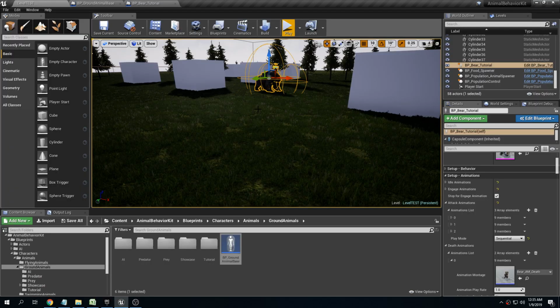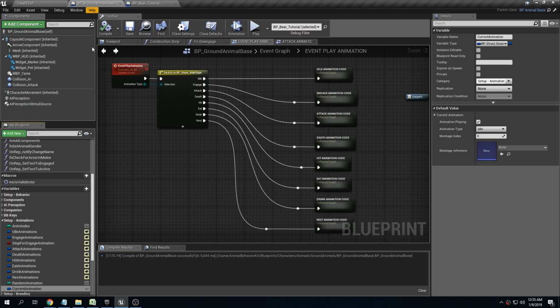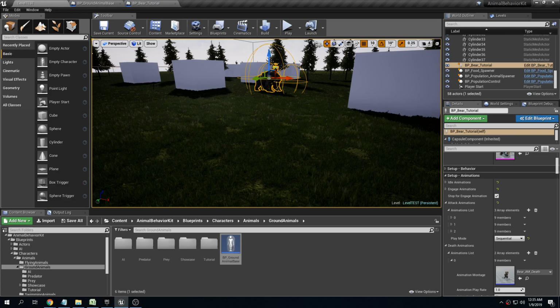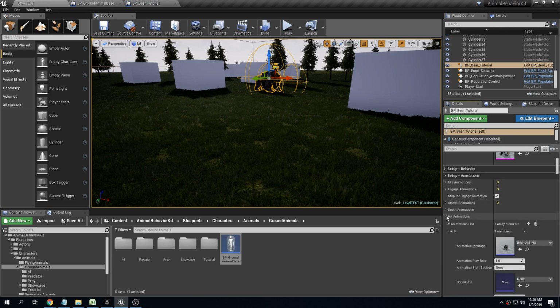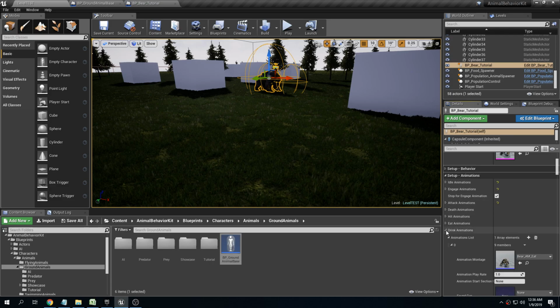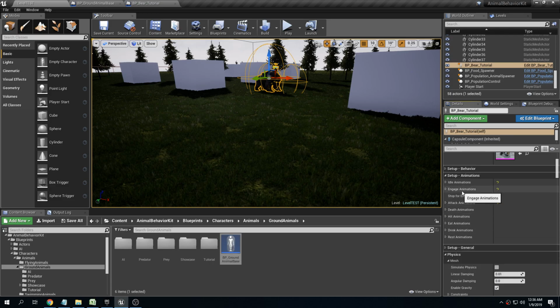Well, before I added this, there was no easy way to know exactly what animation you were playing, right? So right now under animations, under setup animations, you may have all kinds of animations, right? For death, for hit, for eating, drinking, resting, etc. You may have a bunch of engage animations, idle animations, and you may want to do specific things based on what animation is playing. And you've seen from 1.1, and I even mentioned it on the Discord for 1.2, I'm